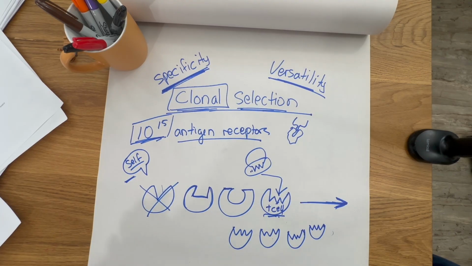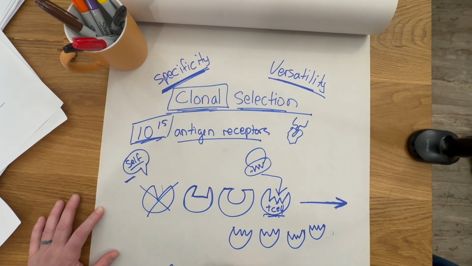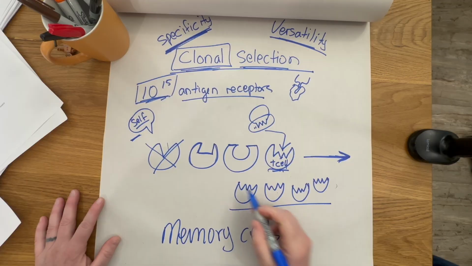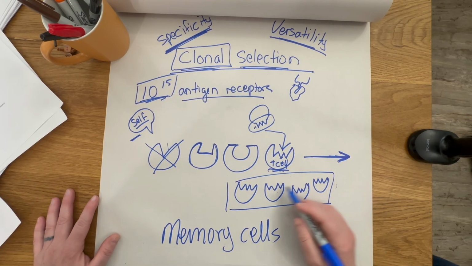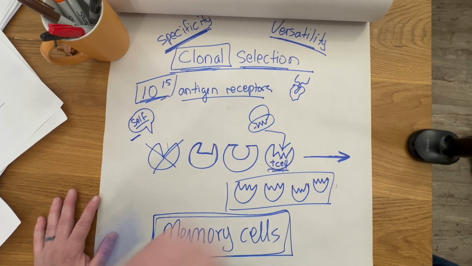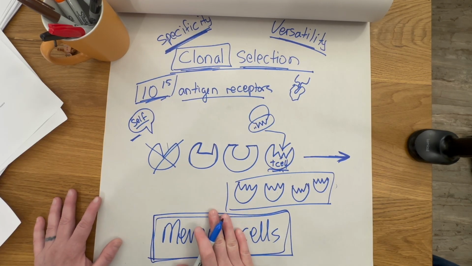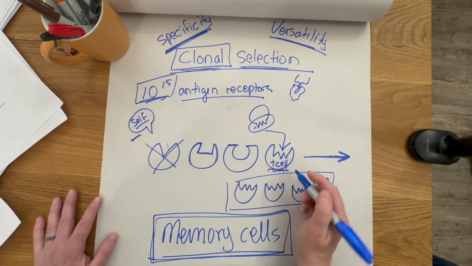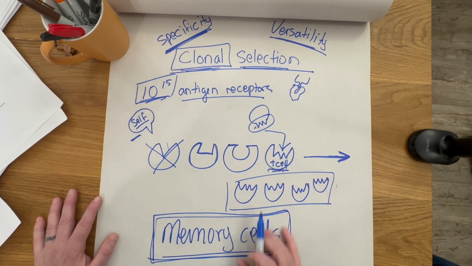Then the last step for that is the memory cells, right, that can occur. So if we cloned, we mounted a response, and we fought off that antigen, we also retain a memory, right? So the cells that were activated, more of them hang around and are ready the next time that antigen comes in. So we have a stronger secondary response to that antigen if we're ever exposed to it again because of this property of the immune system, these memory cells that are ready. So initially there's only maybe a few of these T cells out there, right? But after that exposure, now there's lots of these T cells that become memory cells